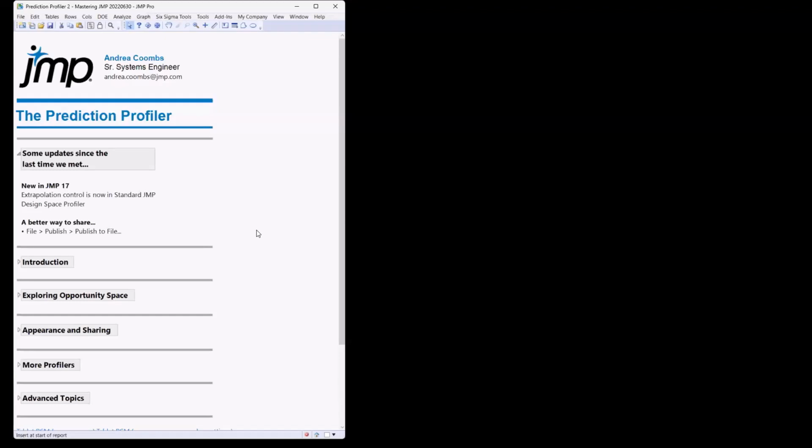It is now part of standard JMP, and I'm very excited to share this with you because if you are building models, especially from observational data, knowing if you're extrapolating from your data when you're making predictions is something that you definitely need to know about. So I'm happy to announce that JMP has included extrapolation control now as part of standard JMP. I'm not going to show that, but please go back and watch part 1 if you want to take a